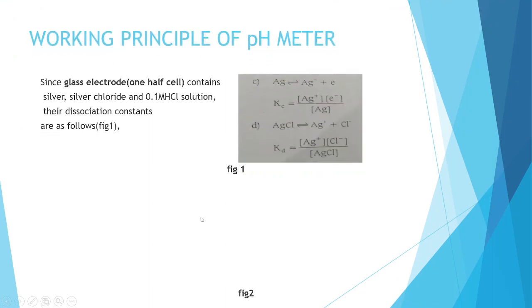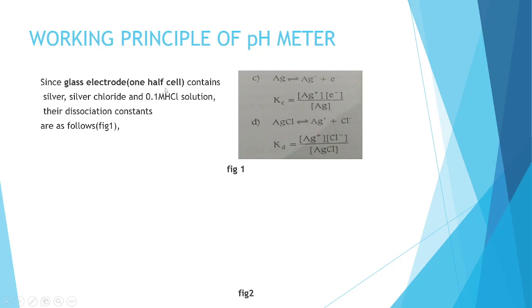In the glass electrode, one half cell contains silver chloride and 0.1 molar HCl solution. Their dissociation constants are as follows. Silver reversibly dissociates into Ag plus and electron minus, and the dissociation constant of this is written as: Ag molar concentration, electron molar concentration divided by